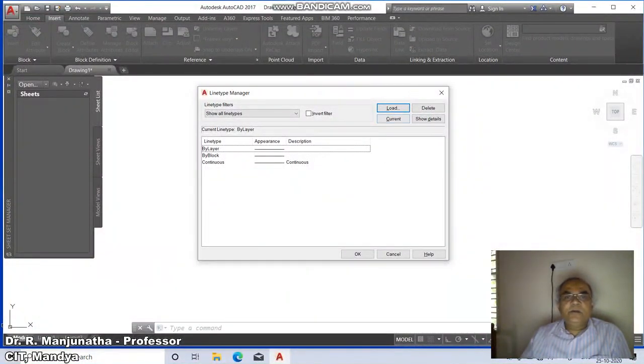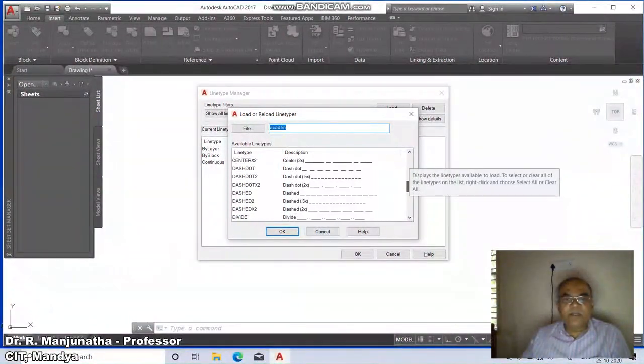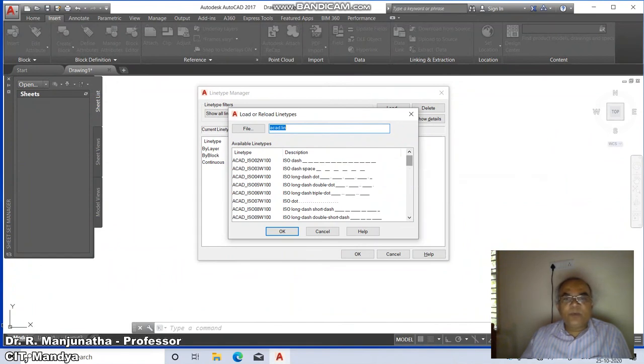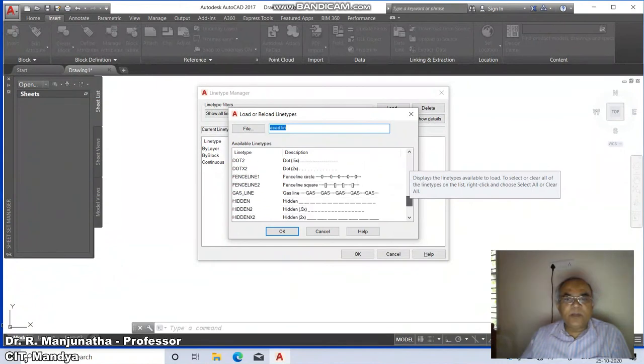So if you want to draw in a particular line type, first we must load the line type. So to load the line type, you click on load here, in the line type manager. You just click over the load and then, see, these are the different line types which are available in the library. The one which you want, you can select. This is basically because they don't load all the line types in the drawing sheet, to reduce the memory space which is going to be occupied when you are trying to save the file.